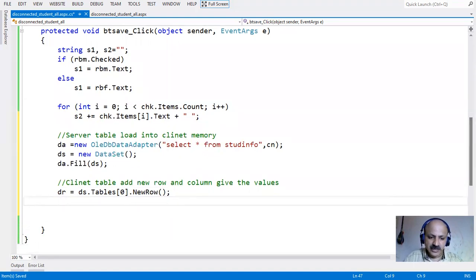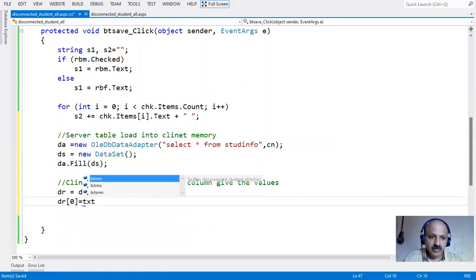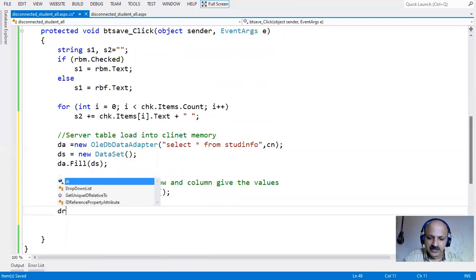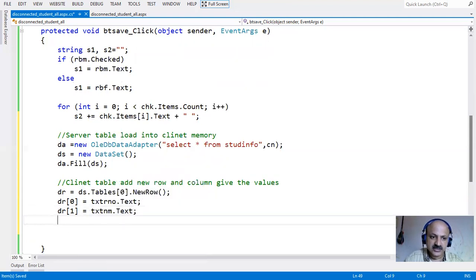Then dr of 0, taking our columns one by one, that is the roll number, then Text. Yes, the first column is filled, then the second column, that is the name of the student, so txtnm, that Text. The other text is search name.